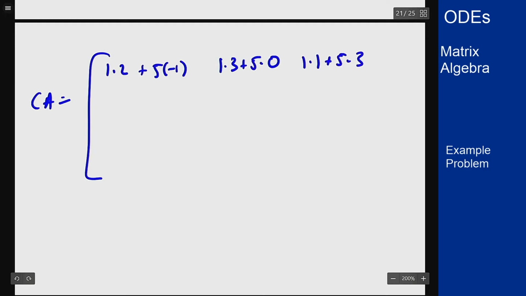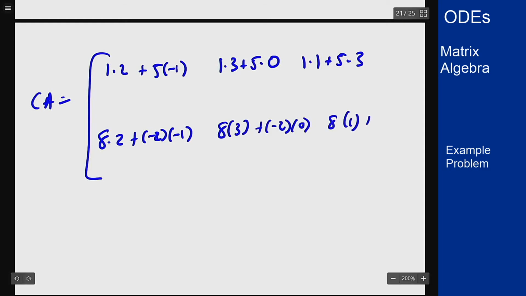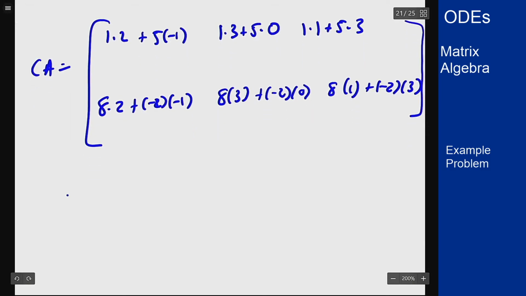Stepping down to row 2 of C with column 1 of A: 8 times 2 plus negative 2 times minus 1. Stepping over, you have 8 times 3 plus negative 2 times 0. And to the last column, 8 times 1 plus negative 2 times 3,